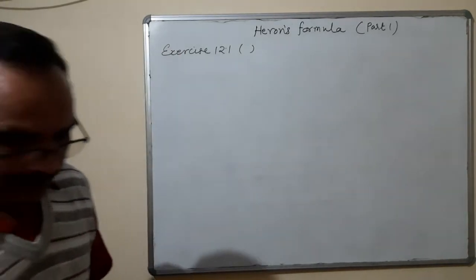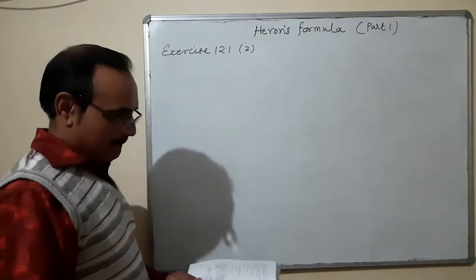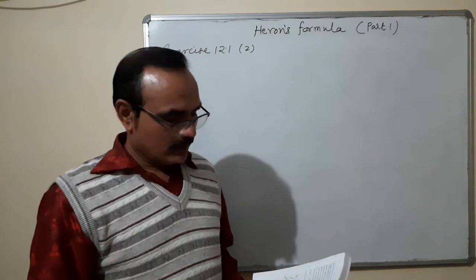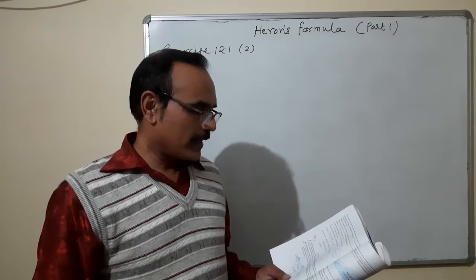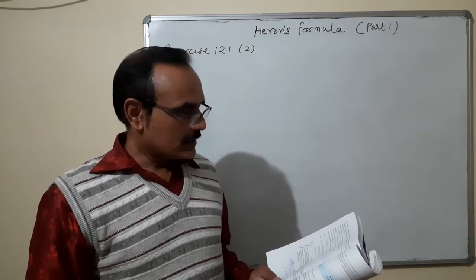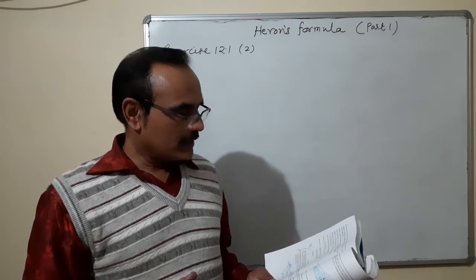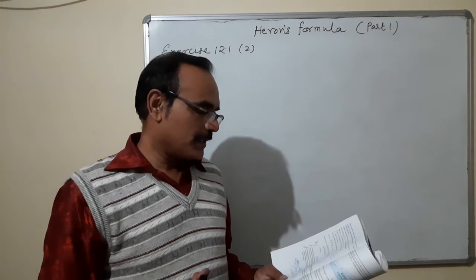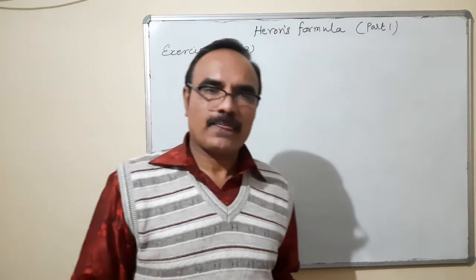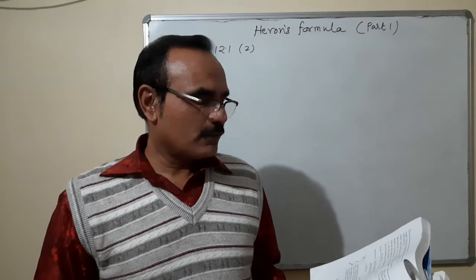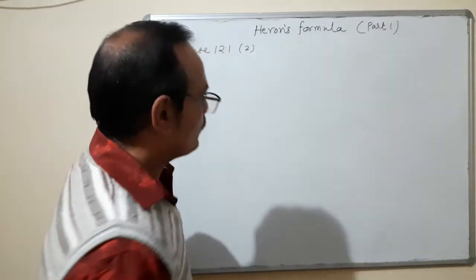Okay. Coming to second question. Question number 2. Second question of exercise 12.1. A triangular side wall of the flyover has been used for advertisement. The sides of the walls are 122 meter, 22 meter and 120 meter. The advertisement yields an earning of rupees 5,000 per meter square per year. A company hired one of its walls for 3 months. How much rent did it pay? Okay. So three sides of the triangular portion are given, 122, 22 and 120 meter.